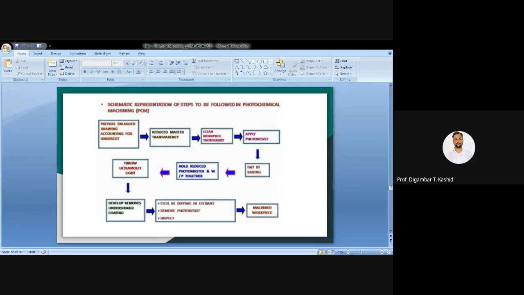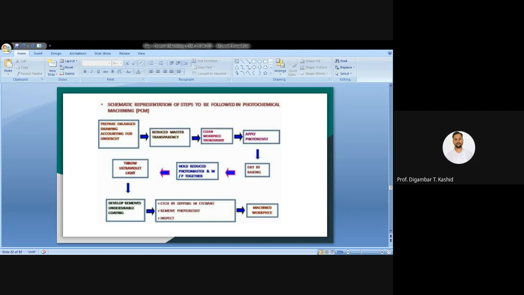Then by holding your photo master and workpiece together you have to throw the UV light for a desired time, and after that UV light the development will happen, and after development you have to remove the undesirable coating, okay.